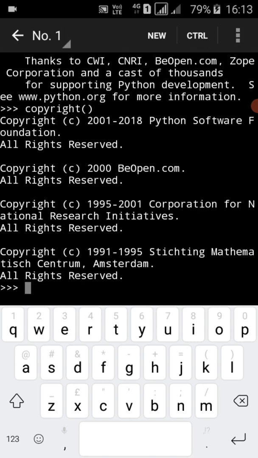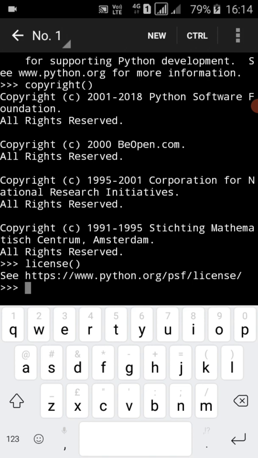Copyright 1995-2001 Corporation for National Research Initiatives, all rights reserved. You can see more information. Let's see one more command, license. Type the license command, then you will see the license.